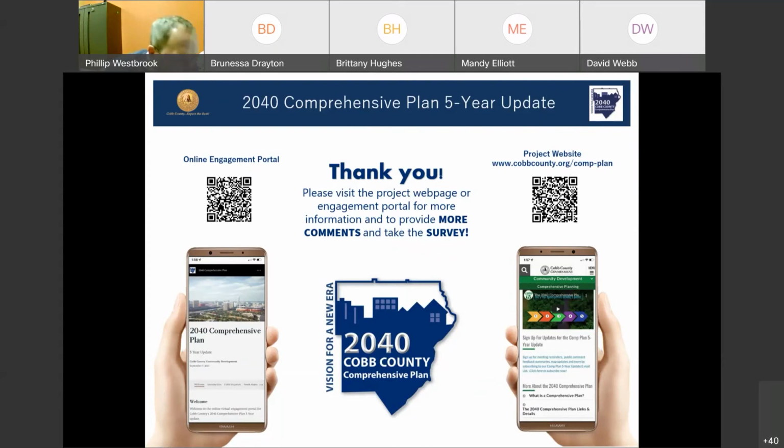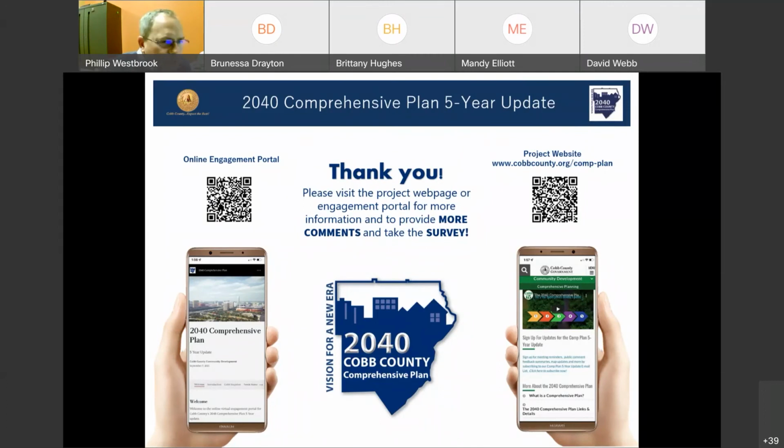This particular interactive function allows us to get input in regards to the future land use. Hopefully, we can have in-person meetings and we can draw on maps and get comments in person. But until then, we want to continue getting comments, and we can do that through this interactive function that Brad's going to go through. And in fact, you will be able to do this at any point. You don't have to wait for a meeting to occur. So you can go to either one of these websites and move through that. And Brad will take us through that function.